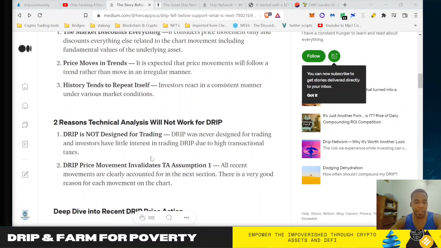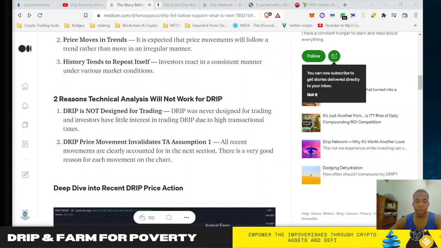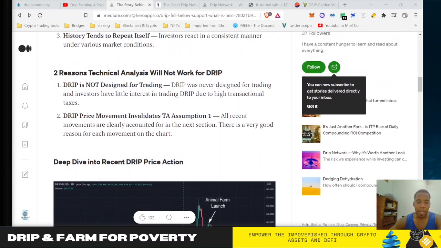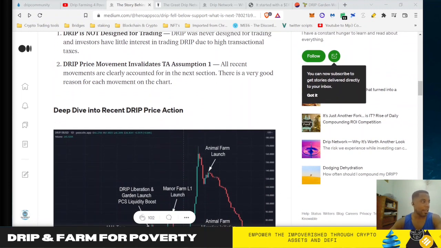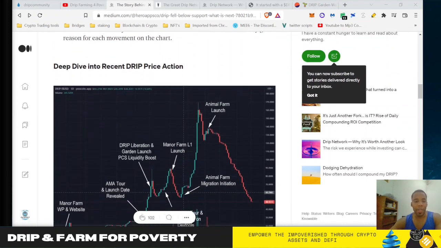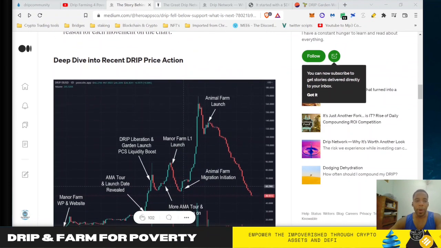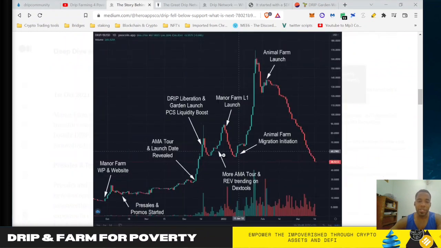So all the TA that we're used to, and I've said this on my channel before in other videos, you can draw these lines and whatnot and try to place levels of resistance and support. But since the coin is not actively traded and most of it is staked, it doesn't follow that narrative. And since that's not the case, all you can do is look at the community, the developments, and all the upcoming events to help you understand the market cycle. And this chart is a really good breakdown of that market cycle.